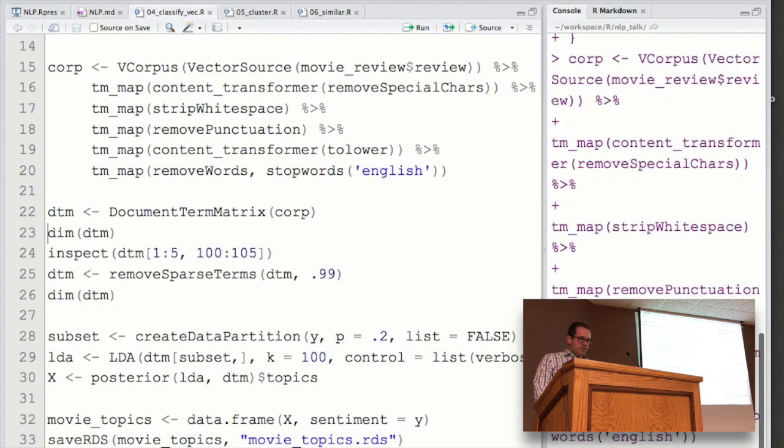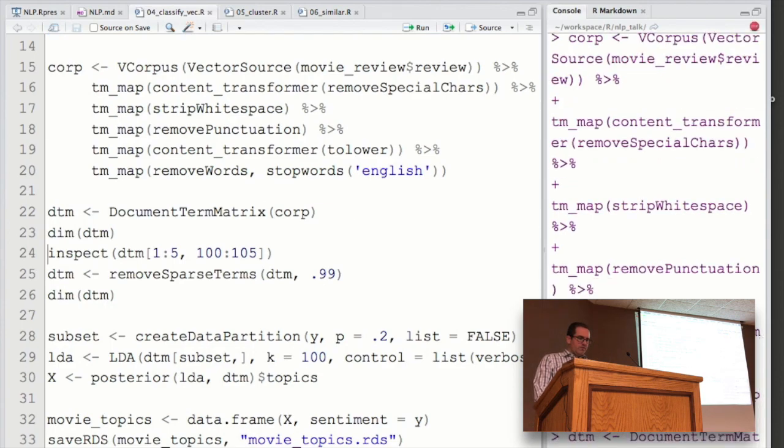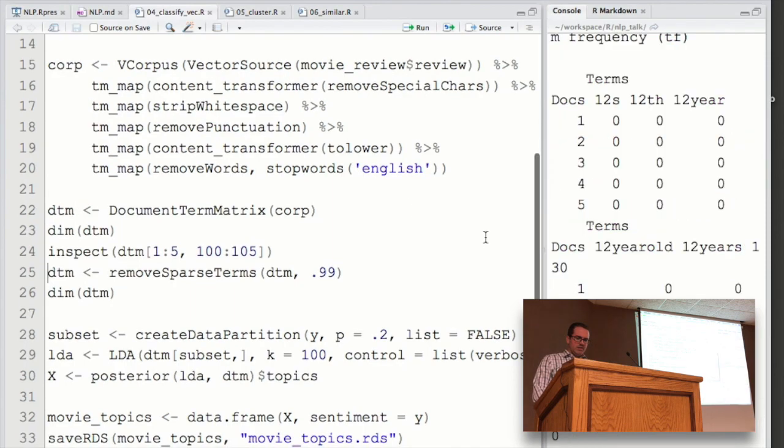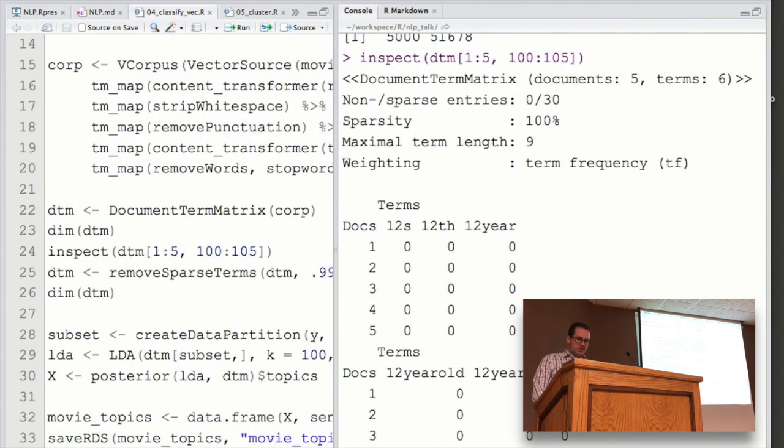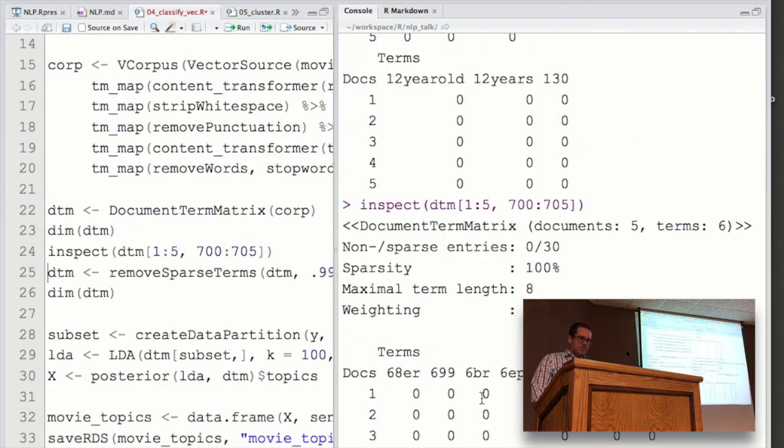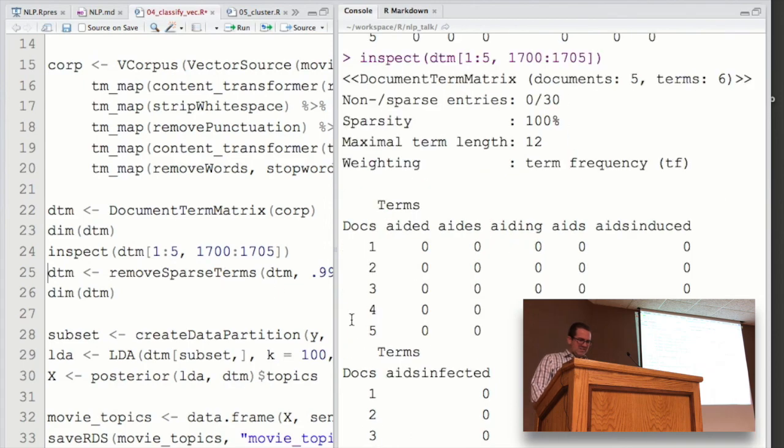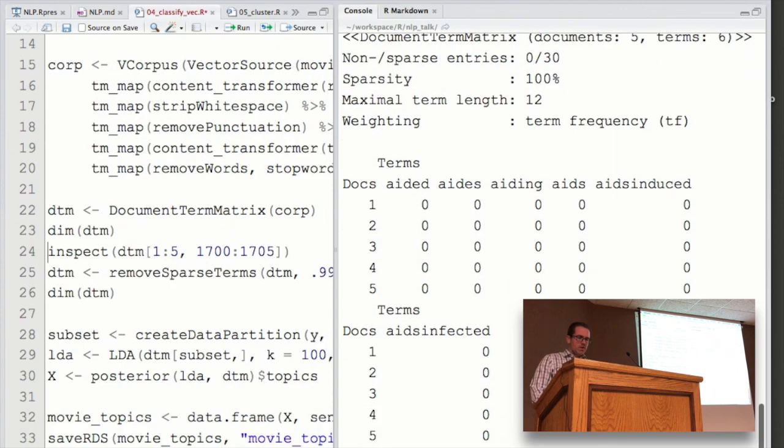So I'm going to cheat here in a second. Load up a document term matrix, and then you can call inspect on that. And so you'd see, it's not really great. Let me bump it up. Apparently everything in these reviews has numbers in front of it. Let's try. Yeah, so there again is kind of normal, unique words.